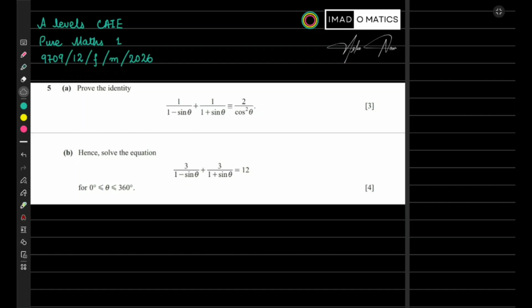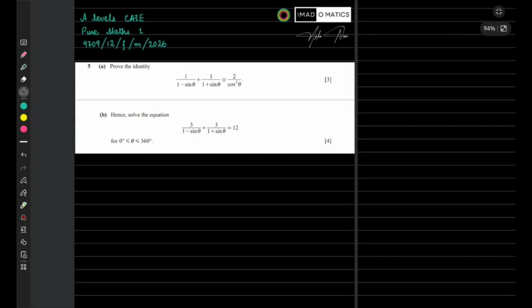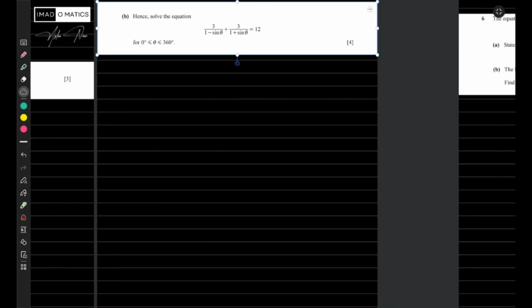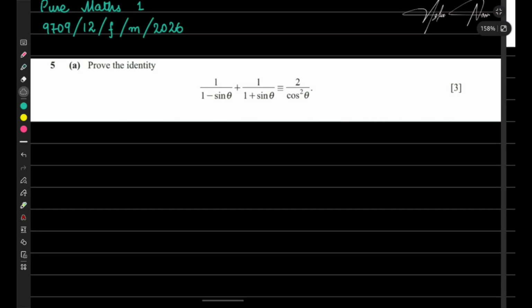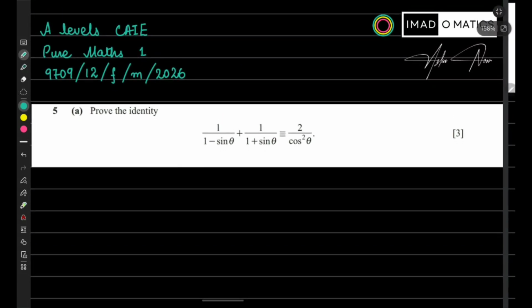Variant 12, February March 2026, and we are solving question number 5 that is related to trigonometry. Question says part A, prove the identity. Okay, so let's first solve part A. We need to take any one side, solve it, simplify it, and show that it is equivalent to the other side. Okay, so we are taking left hand side,